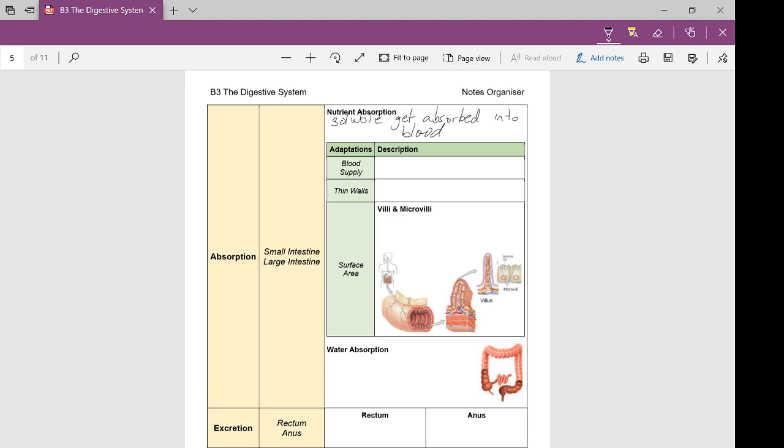So soluble substances get absorbed into the blood, and it happens by passing through the walls of the small intestine. So all the food is inside the small intestine, and to leave the small intestine, it leaves through the wall of the small intestine. In order for this to happen as best as possible, we have some features that we need to make sure